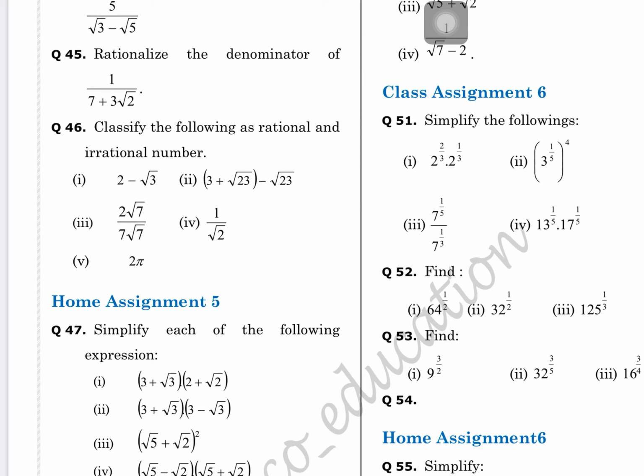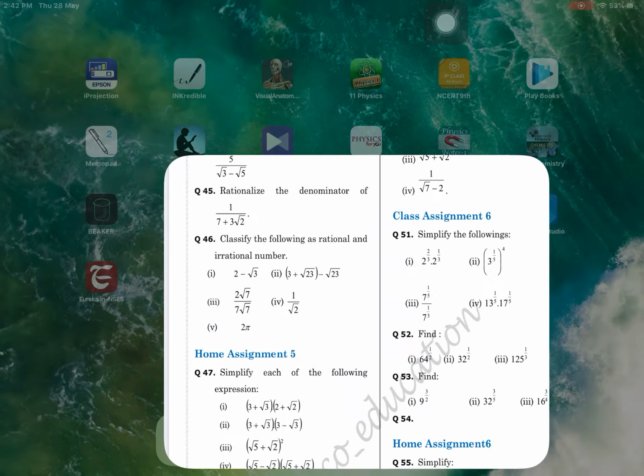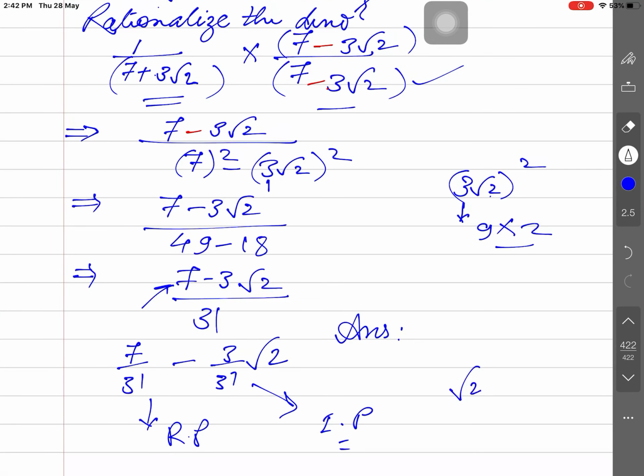The sum, difference, product and division of a rational and an irrational number is again irrational, provided that they are not equal. For example, root 2 is irrational and root 2 is irrational, but their product is 2, which is rational. So irrational into irrational can be rational. I am not asking about that case: rational plus irrational, rational minus irrational, rational into irrational, rational divided by irrational are again irrational.